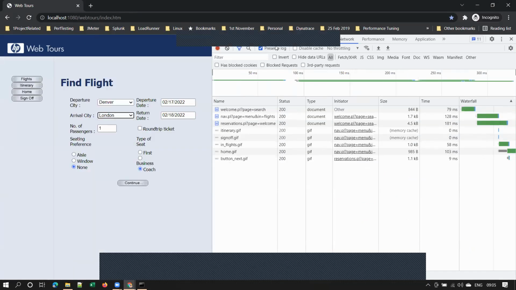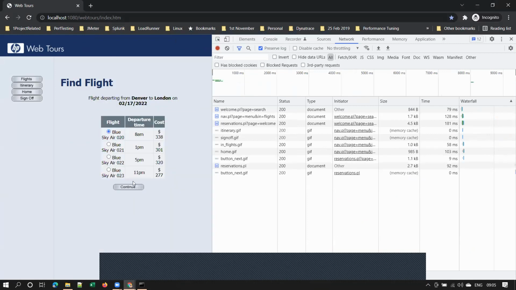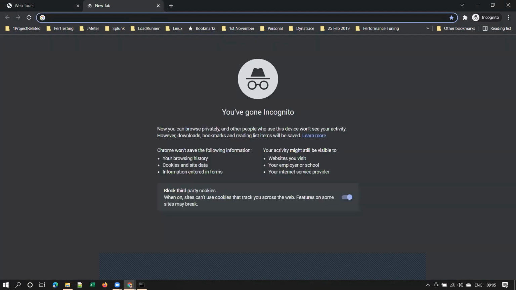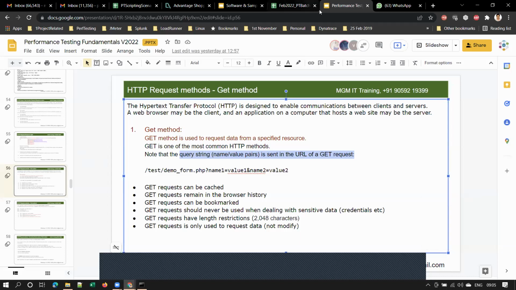Of course, in this application you will not see the query string. I'll show you with some other application. To show the query string, let me use some other application.